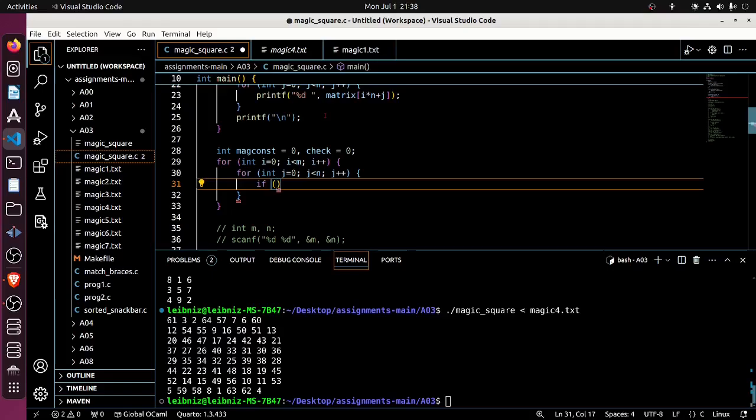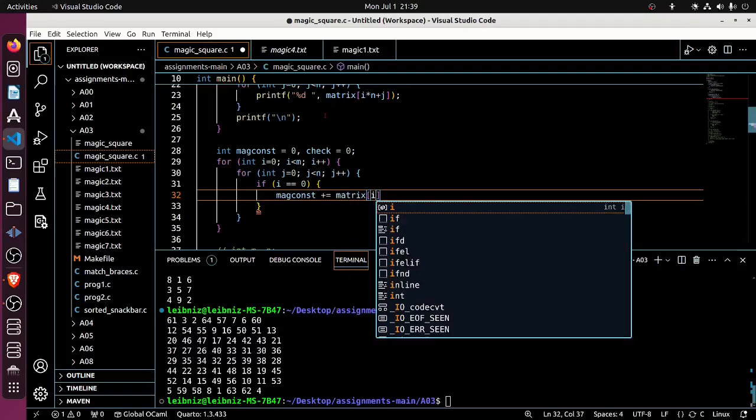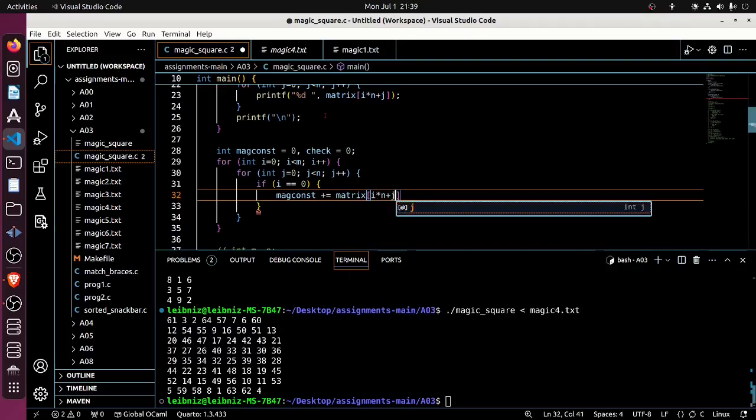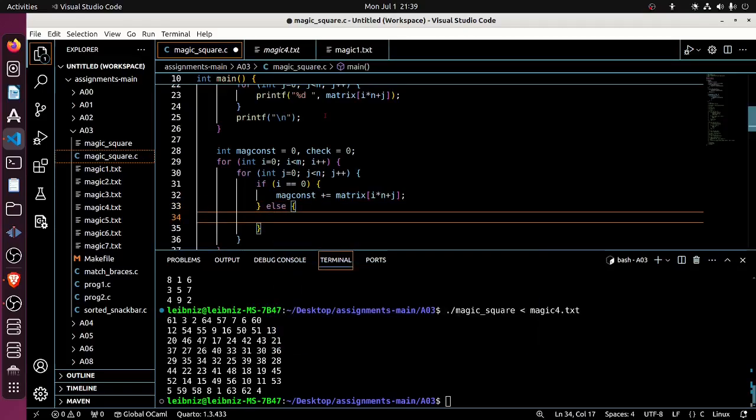So if i is 0, then let's go ahead and build up the magic constant. So that's going to be mag const plus equals what I find in the array, which is going to be matrix at i n plus j. And if it's not i equal to 0, then I would like to find whether or not the magic constant